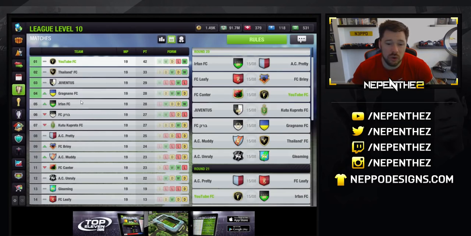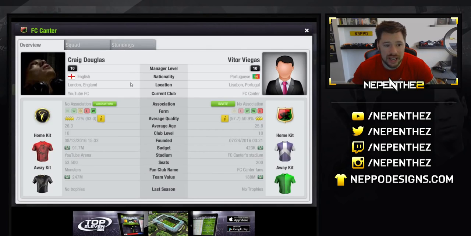And the next season is actually quite soon. We played 19 of 26 matches, and we're currently top by 9 points, so I find it highly unlikely that I won't win. And the next team that we're playing against is 11th place against FC Cantor. So FC Cantor should be quite easy to beat. My team, as you can see, my team is 72% to his